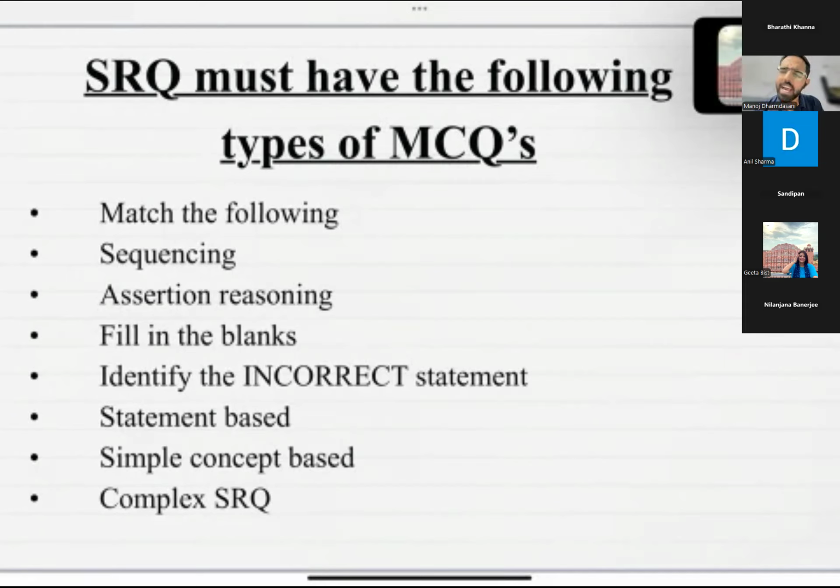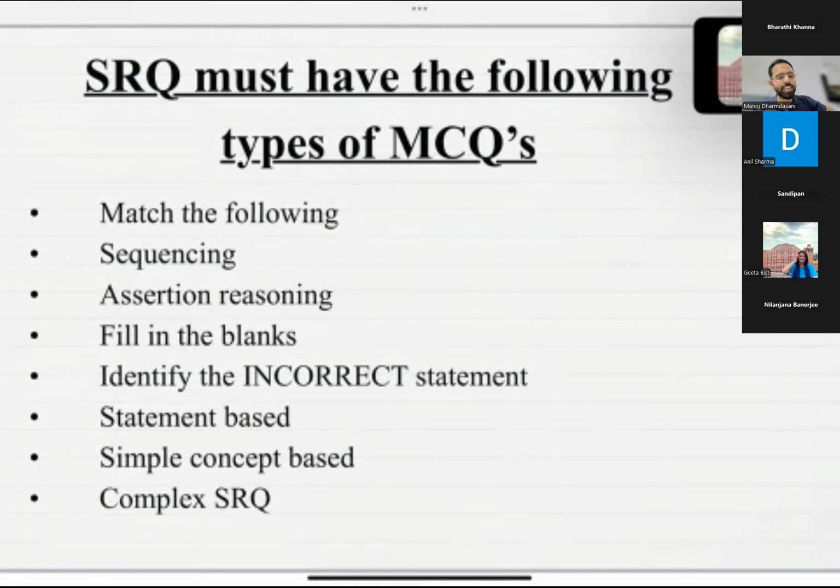In the assertion reason category, I think 2 or 3 questions are more than sufficient, because they are going to give students a tough competition to be among the highest scorers. Fill in the blanks, not more than 2, because it is also part of the easiest category of questions. If we talk about the incorrect statement question, it is at the discretion of the teacher how many questions to create, because this category is going to give them a very detailed and enhanced knowledge of the particular topic. Then statement based, not more than 2, because it is very similar to assertion reason. It is going to create problems for the student.